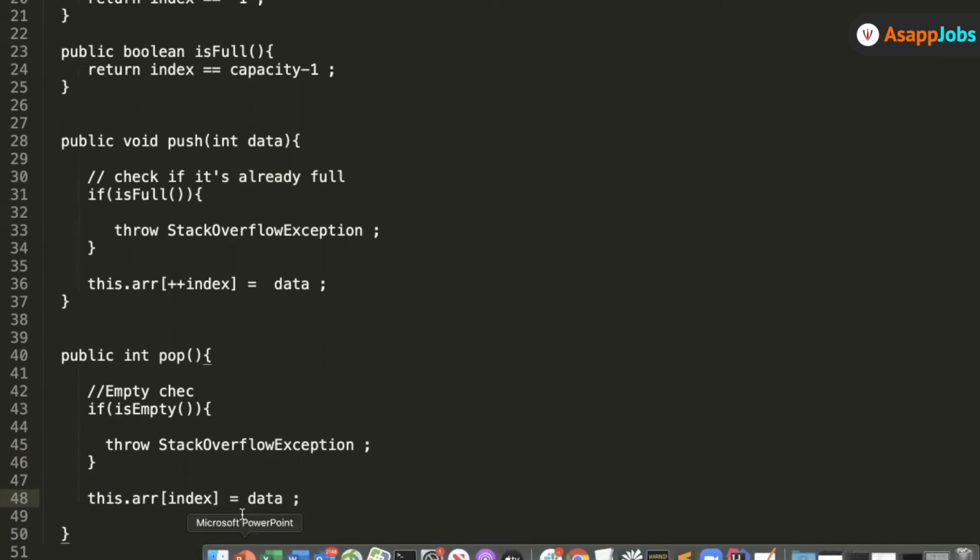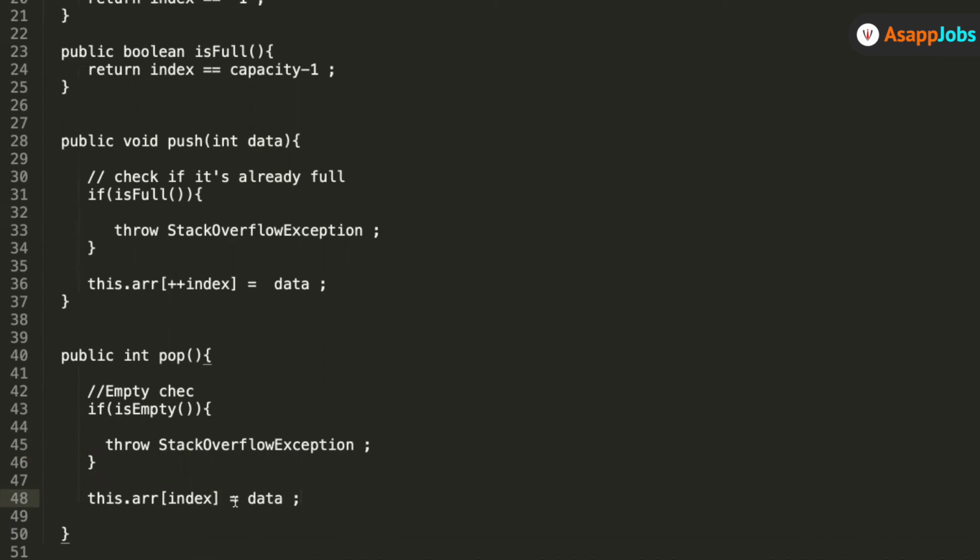Now you tell me, I have to do minus minus. Should it be before the index or after the index? Should I write here like this or like this?